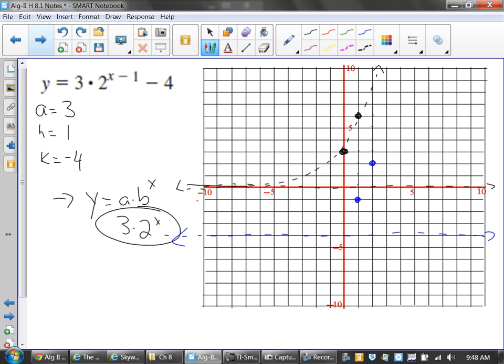And now with the shifted graph, should I make it solid or dotted? Solid. So there it goes. And again, could you use the table function to figure out if your 2 points are correct? Yes. Absolutely. One thing I will remind you though, if you do type this into your calculator,